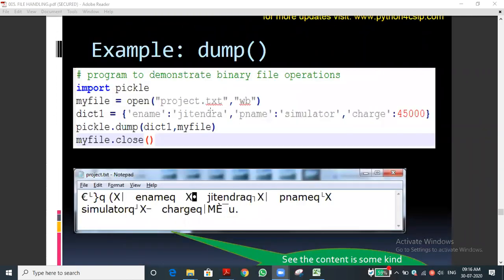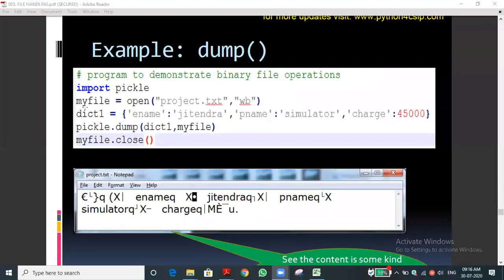We have seen this program only, but I was about to run it when the session was completed. Okay, today we will run the same program. After seeing this program, we will do our own program. You can see import pickle. I already said the dump function and load function are defined in which module? Pickle module, am I right? Yes, sir. So that is why we should import the pickle module.